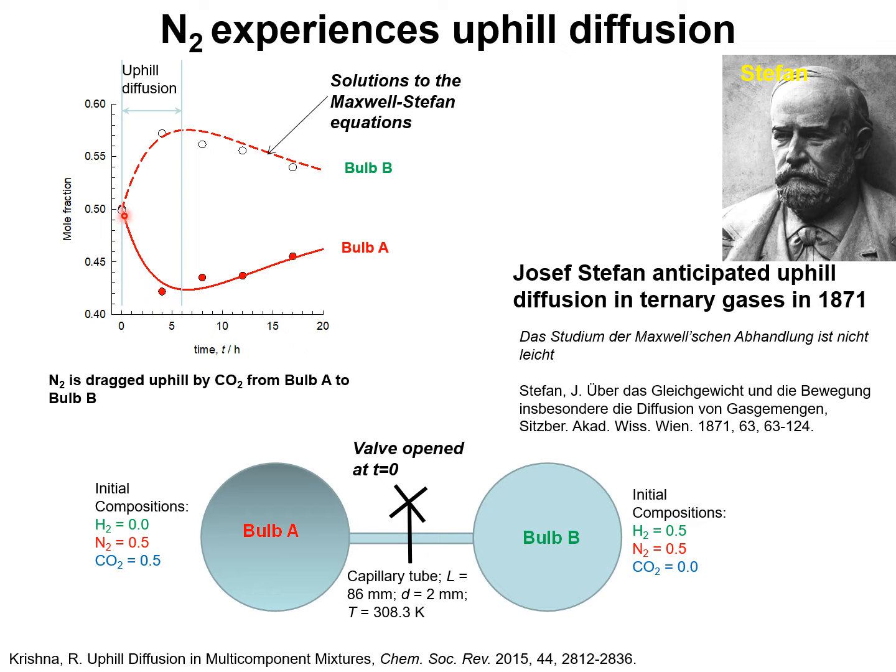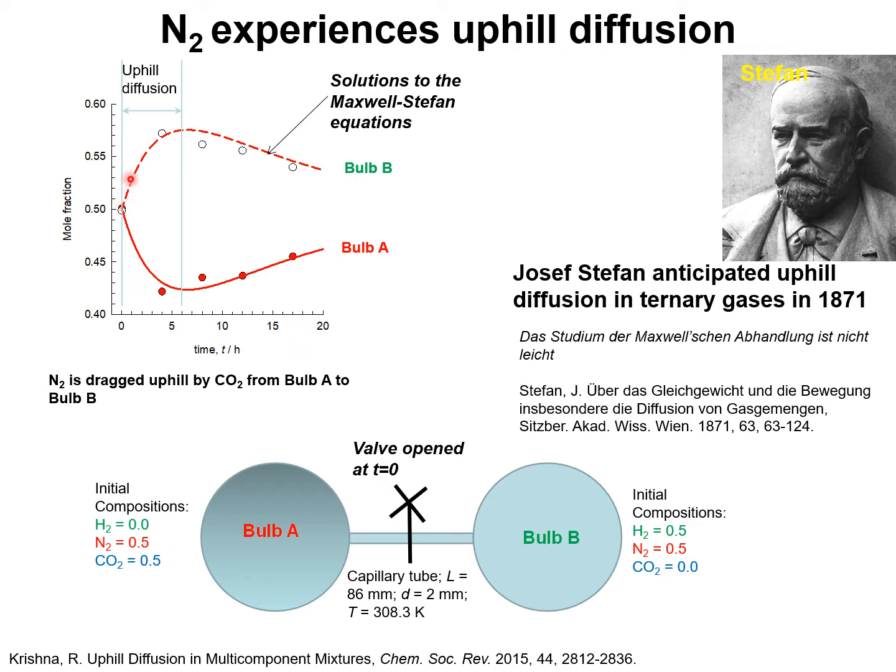It is interesting to note that despite the fact that the initial compositions of nitrogen in the two bulbs A and B are the same initially, the fluxes of nitrogen in bulb A and bulb B are non-zero, and this causes